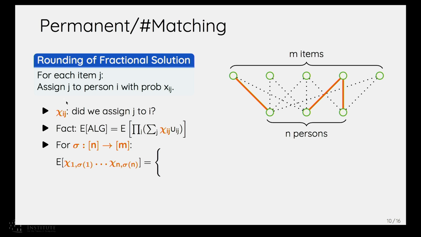So for each person, I've selected one of the items. Okay. This does not have to be a matching necessarily, because I can select the same item from two different sums. Now, the thing is that if I've selected an item for two different people, this expectation is going to be 0, because both of those variables